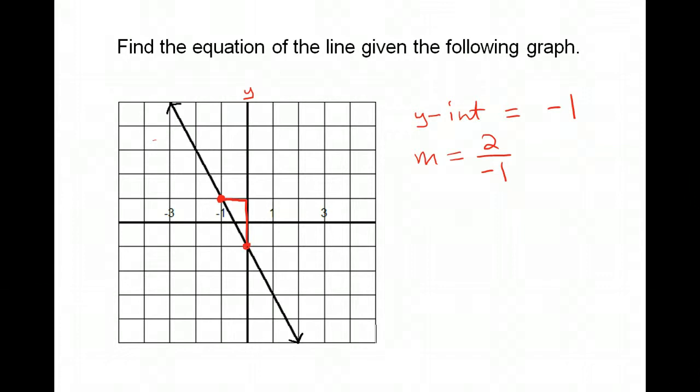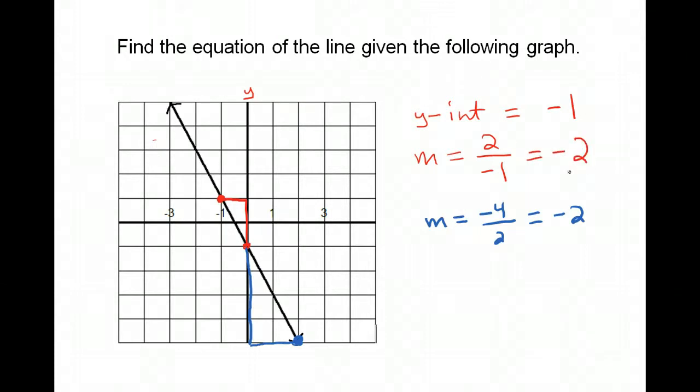Now let's say I picked a different point. Let's say I picked this point right here. Then if I'm looking at my y-intercept and say, how do I get to that point? It looks like for that point I have to fall 4 units and run 2 units. If I fall 4 and then run 2, my slope turns out to be -2, which is the same thing I got here